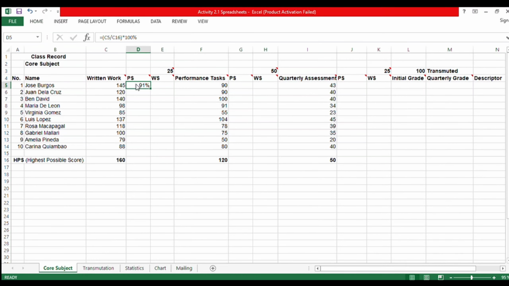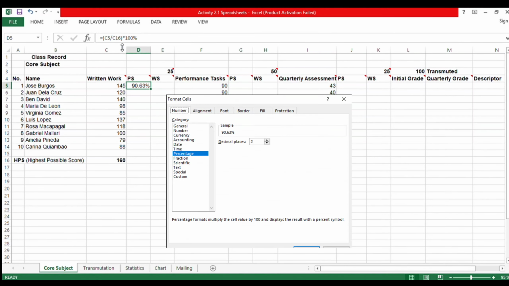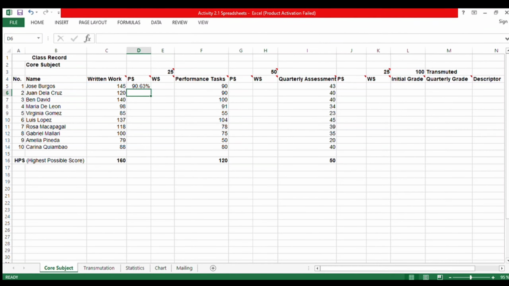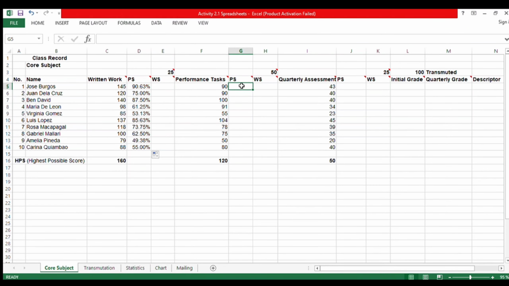Let's set the decimal into two places by right-clicking on D5. Choose Format Cells, then choose Percentage under Category and 2 for decimal places. To ensure that C16 will not increment, place a $ sign before and after C in the formula in D5. Let's repeat the process for computing the percentage score for performance task and quarterly assessment using corresponding raw scores and